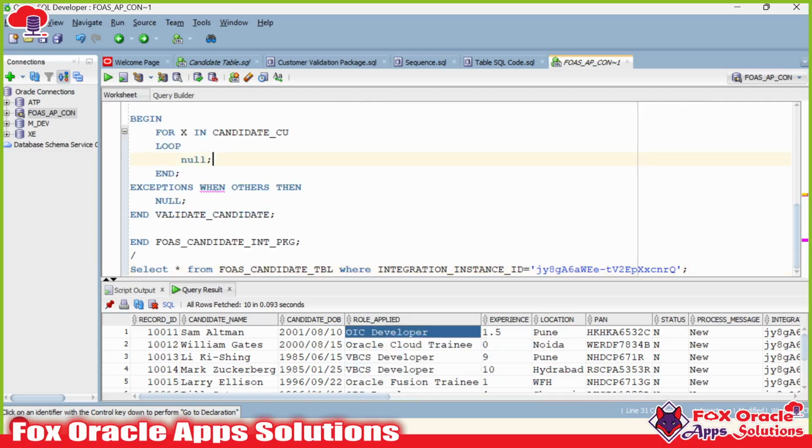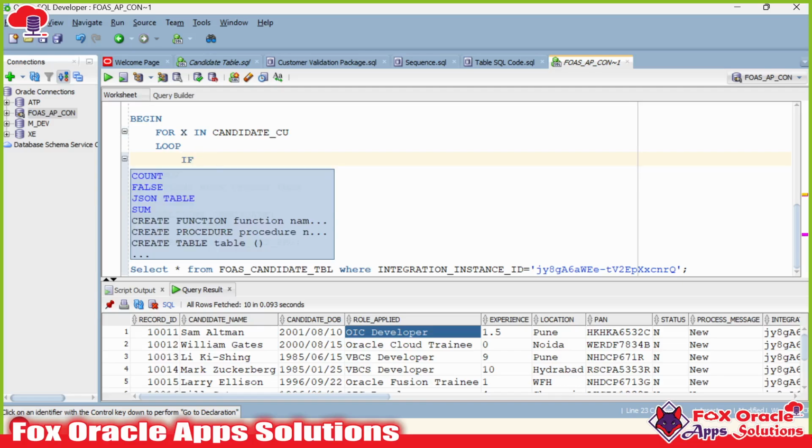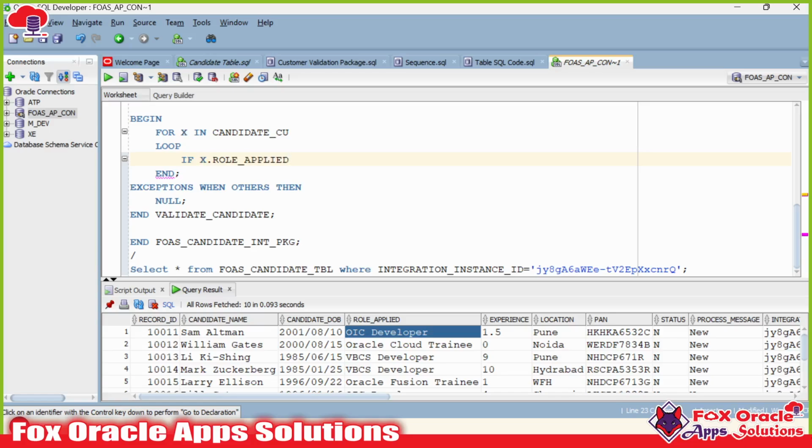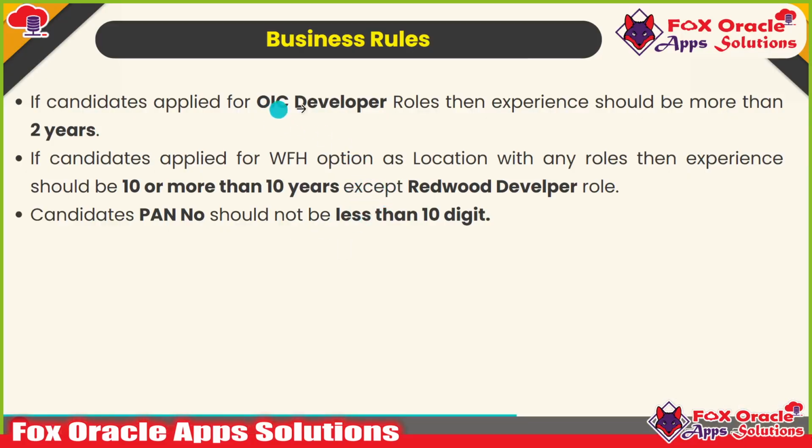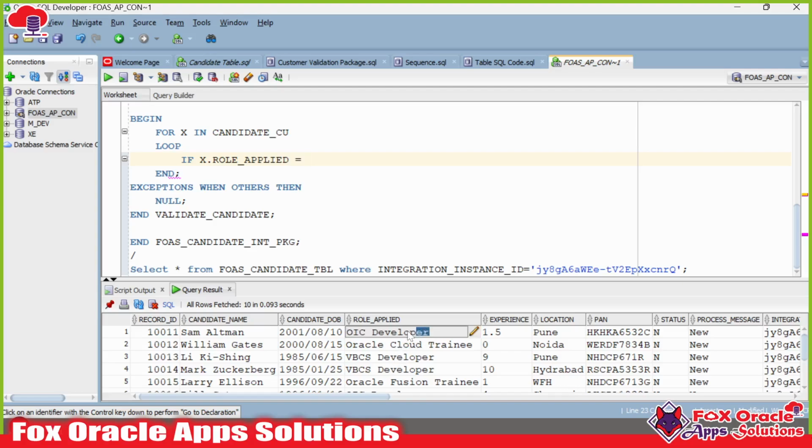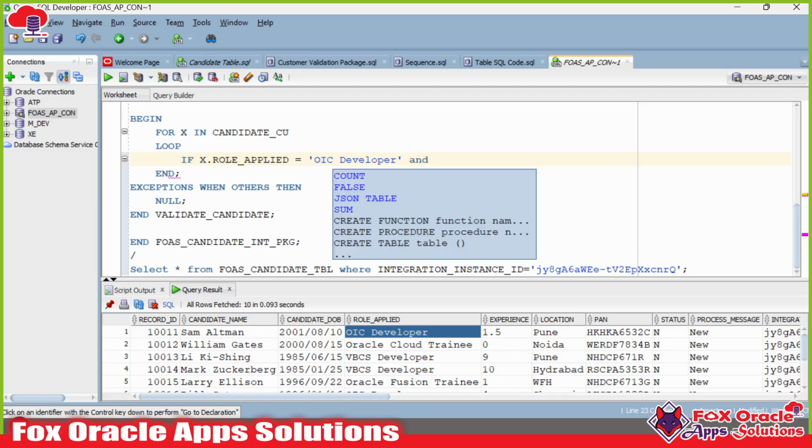So here we have to add the if condition. I will use if x dot role applied is equal to, what is this one? The OIC developer. So this is the value. Let me copy the same value from here only. So the records which we are going to process using the loop variable having the role applied as OIC developer, and